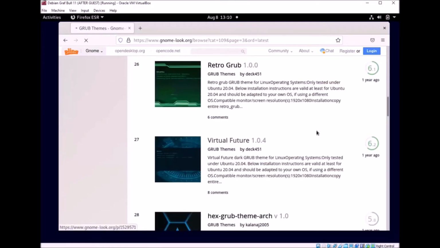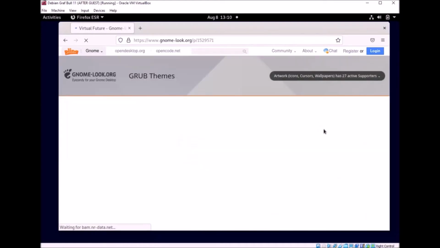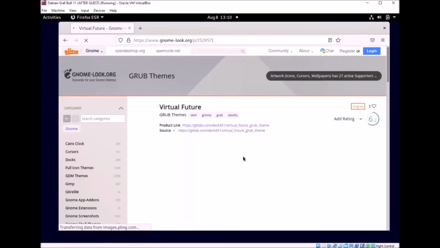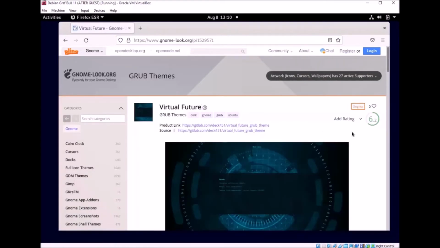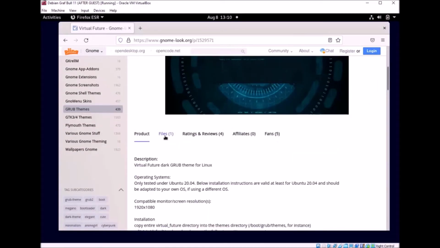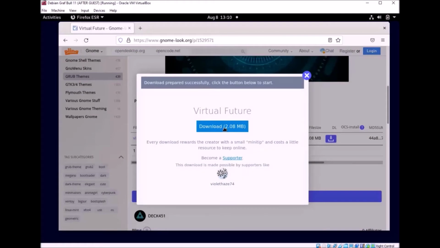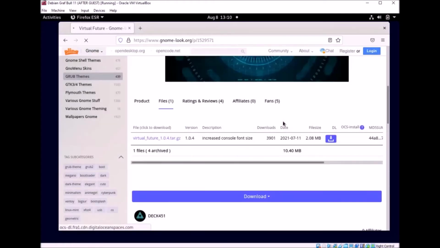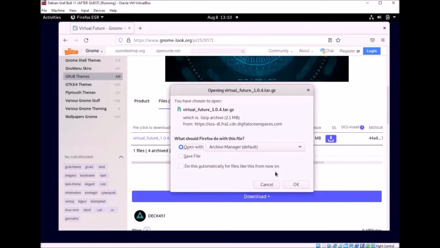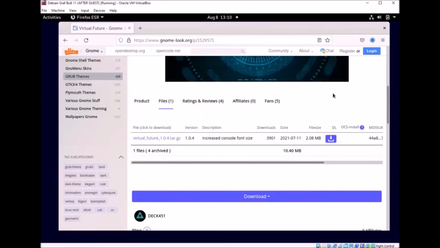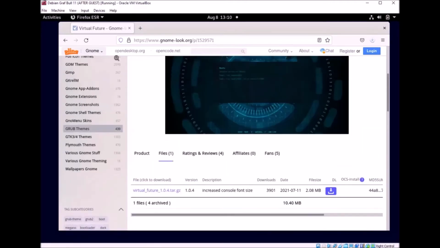So let's first go here to this one, because this one works perfectly without any problems. I'm just gonna download this one. Yeah. Let's just save the file for now. Okay, and now let's go back,